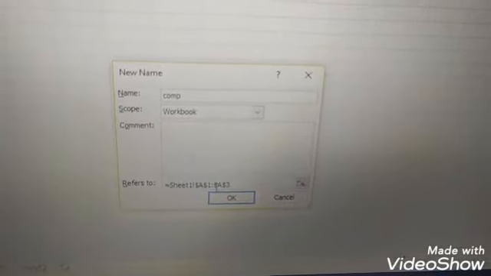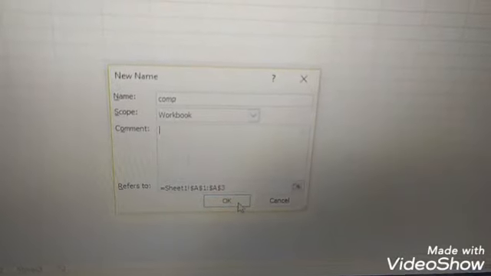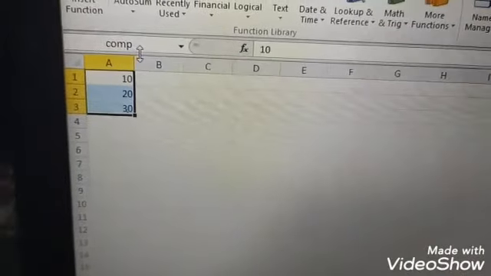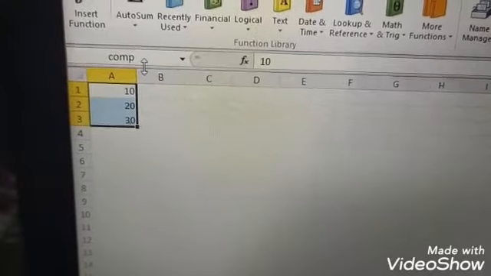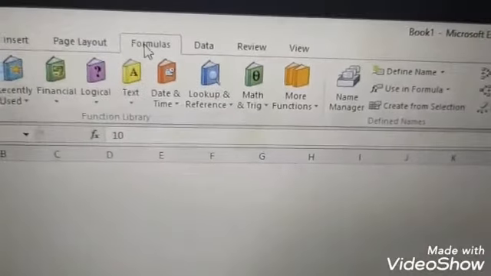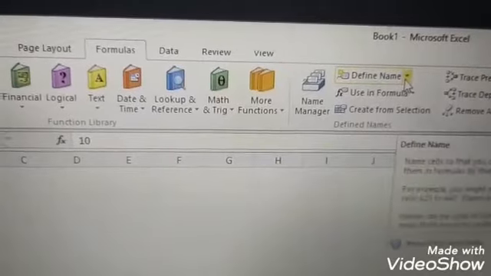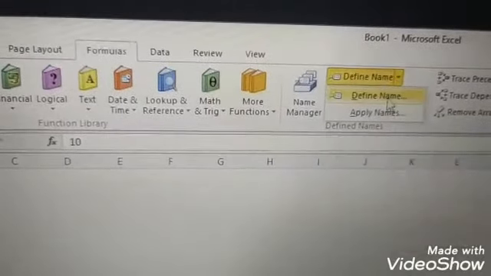Now you just click here. That range of cells will have the name COMP. Now you see the name has changed like this. Once again I will revise how I did it. I clicked the Formulas option, then chose Define Name. You click Define Name,